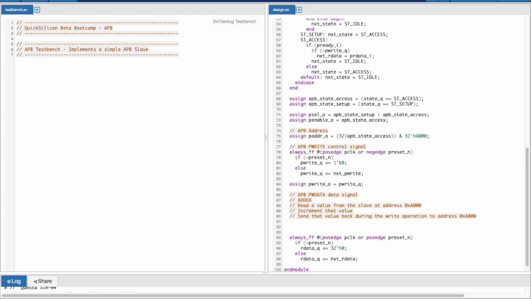Now we have the read value, and we should drive the value which is stored in this flop whenever we are giving out a write transaction. So this would mean that basically you can do an assign statement here, which says your APB write data is basically equal to our data underscore q, and similarly we can block the write data when we are not in the access state, so we can do the exact same thing here.